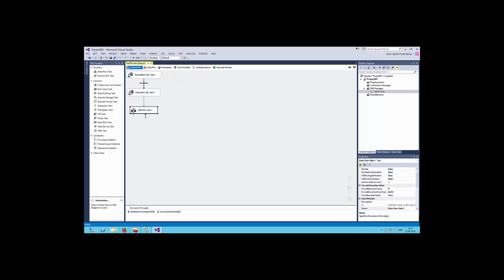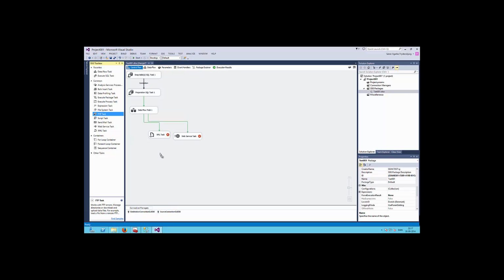I could say when you have transferred the data, then I want you to do an XML task. I connect them by taking this green line and add it to the next step that I want to have executed. I could also say that when you are finished with data flow, then you should also do a web service, and you should do it together with the XML task.